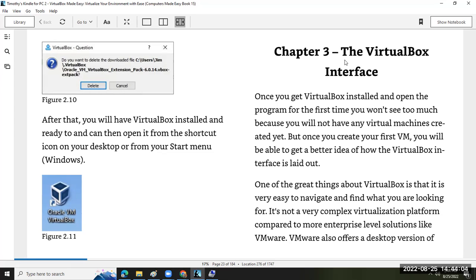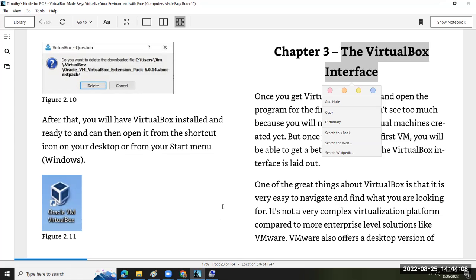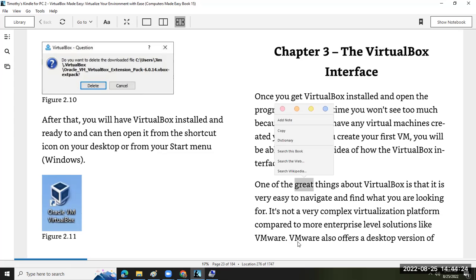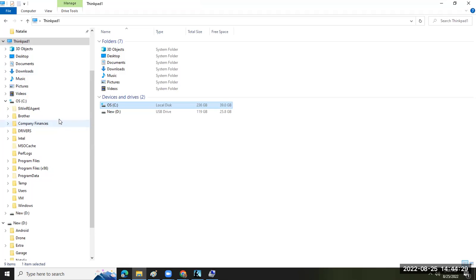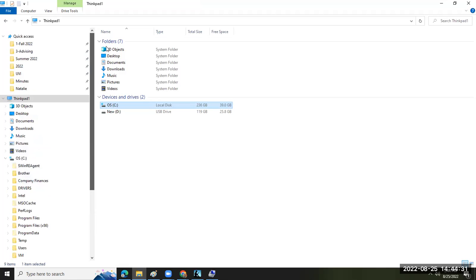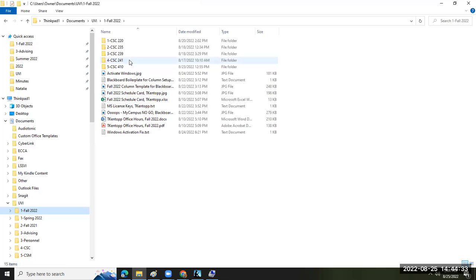All right, we're going to save chapter 3 about the VirtualBox interface for another time. We're going to cover that next week. What I want to do is walk through the setup of a virtual machine using the download media. And I want to show you where you put this information, right? So if you did what we asked you to do last week, if you fulfilled the assignment,